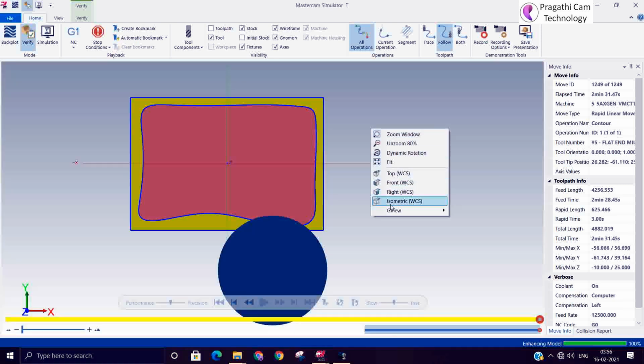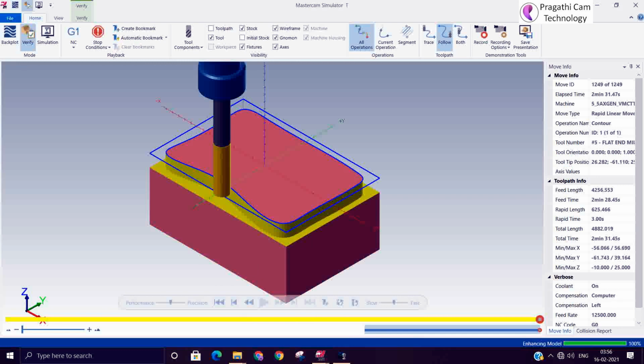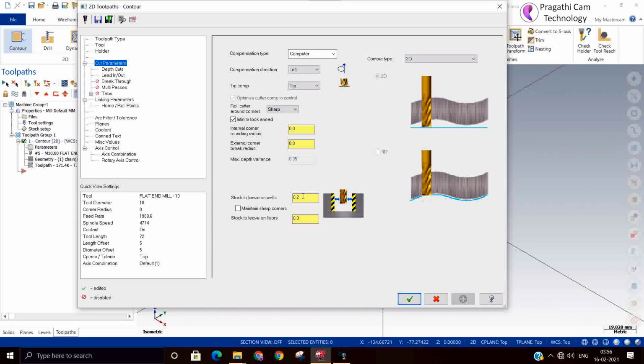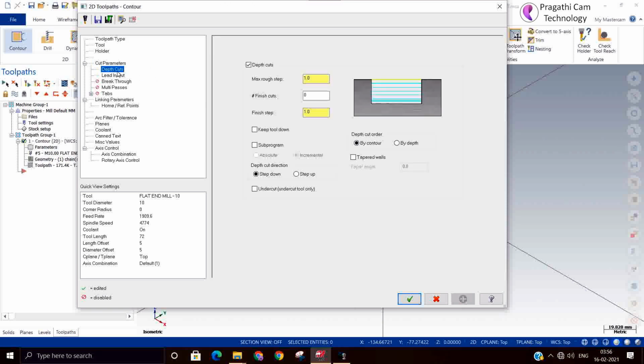If you keep stock to leave, it will definitely leave the material. So now we'll make the stock Z0. You can give stock either on the wall or on the bottom also. If you take a 3D profile, it will give a 3D contour output. If it is a 2D profile, and now we are using 2D only, so we are taking 2D.